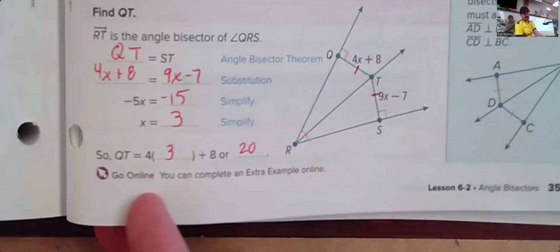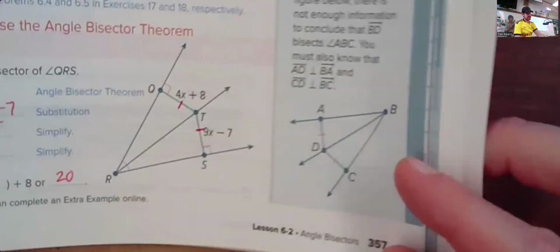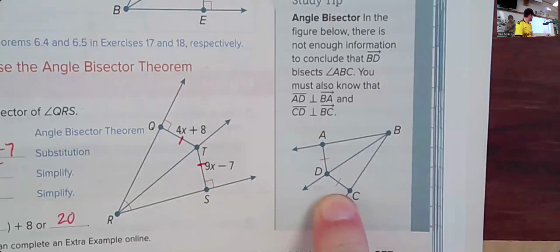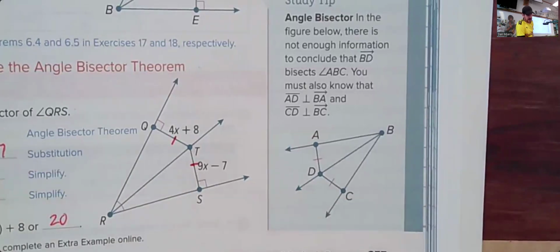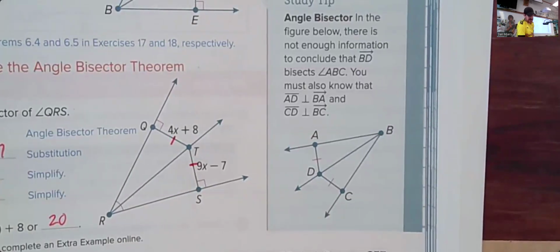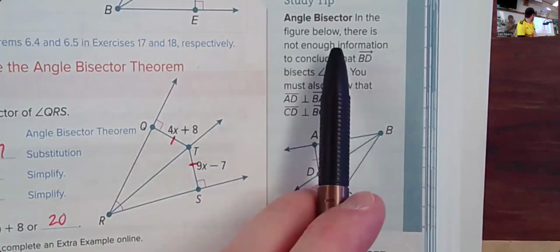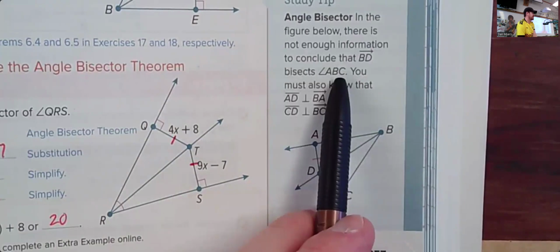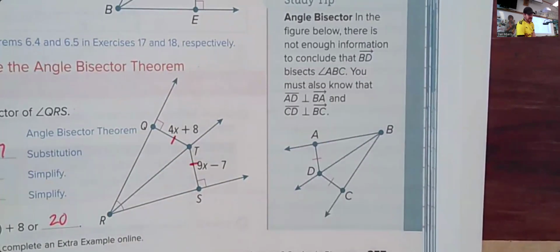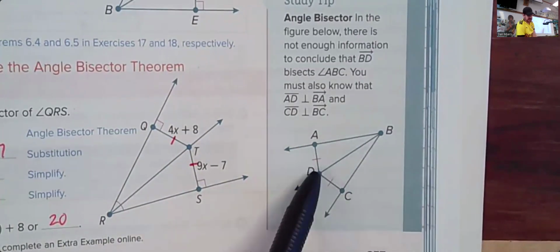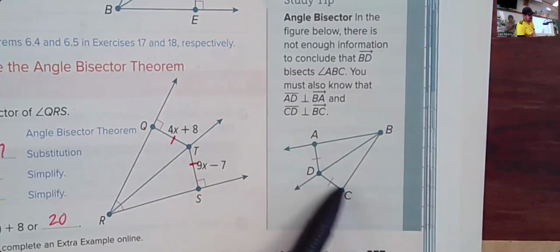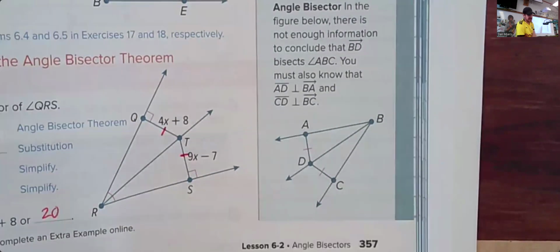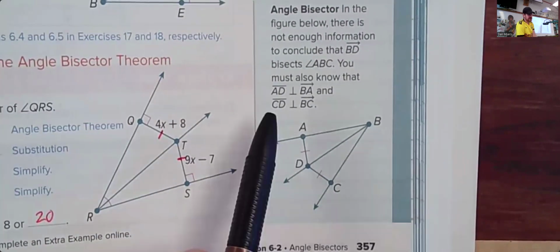So something down here I want to talk about before we turn the page, down here at the bottom. In terms of what there is and isn't in terms of information, enough information, if we take a look here, it says, in the figure below, there's not enough information to conclude that BD bisects ABC. And the reason for that is, even though the distance between A and D is the same as the distance between D and C,